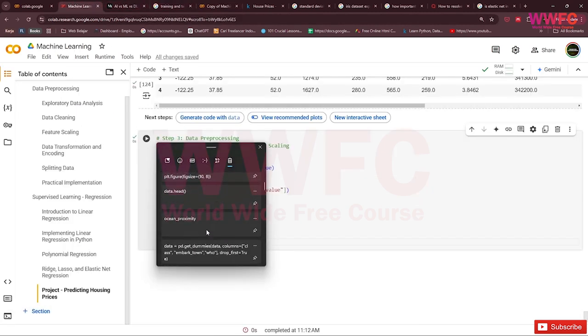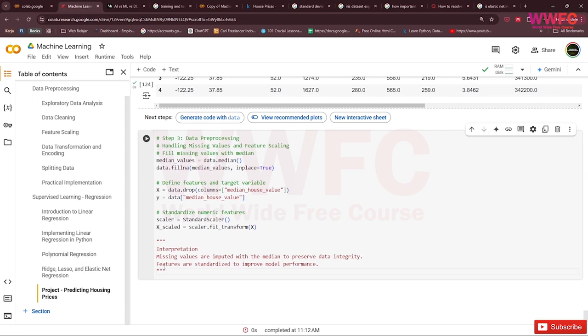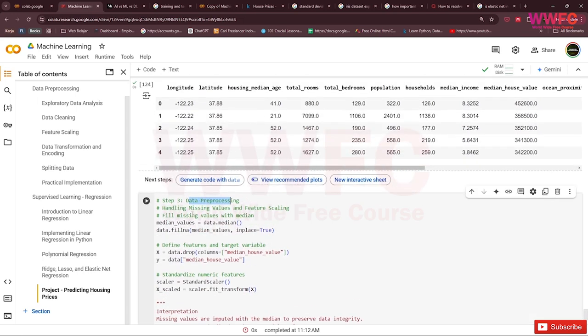So this is step 3, data preprocessing, right? Handling missing values and feature scaling.